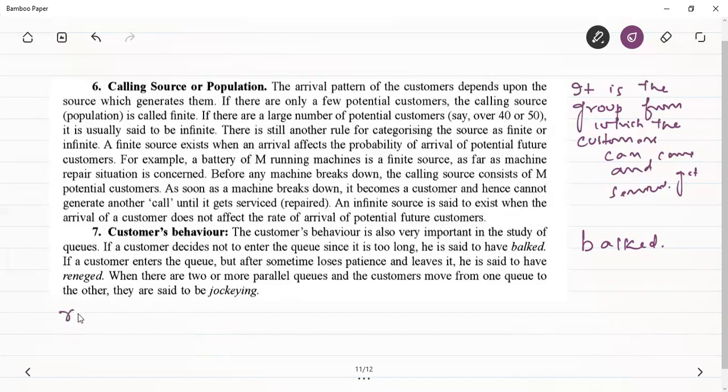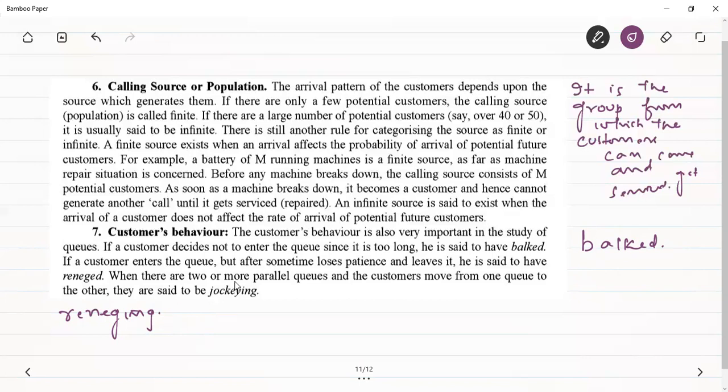Sometimes there's another term that is known as reneging. Okay, a customer came and sat in the queue for some time, then he sees that this queue is very long and is not progressing at a good rate, so he simply leaves the queue. What is the difference between balking and reneging? In balking, the person sees that the queue is long, and he just simply does not join the queue. But in the reneging case, the customer may join the queue for some amount of time, but he sees that the queue is progressing very slowly, so he leaves the queue.